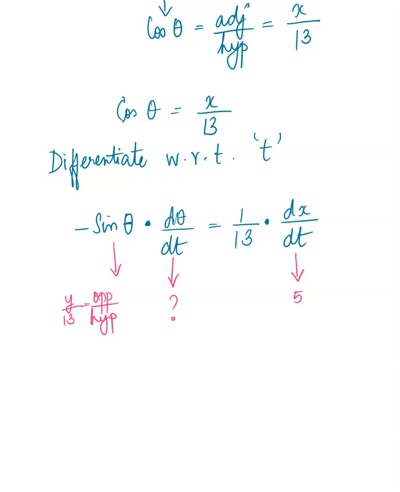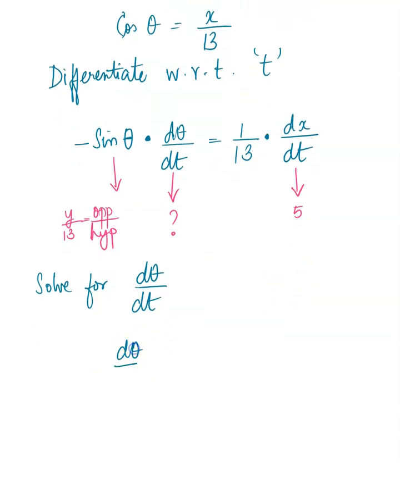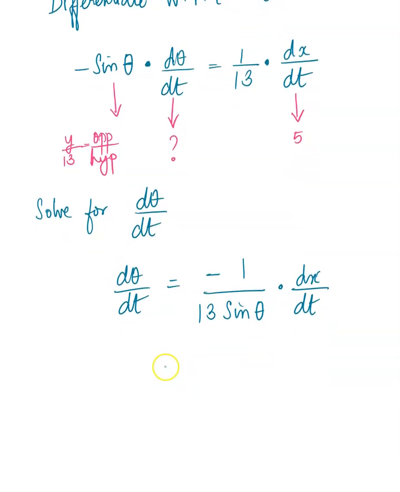Wonderful. Let's go ahead and first solve for d theta over dt. That's just easier to have it on one side of the equation. D theta over dt would be negative, I'm dividing both sides by negative sine theta, so I throw the negative on the top, negative 1 over 13 sine theta times dx over dt. If it's too fast for you, you can always pause the video and compute it yourself. Negative 1 over 13 times, we just saw that sine theta is y over 13